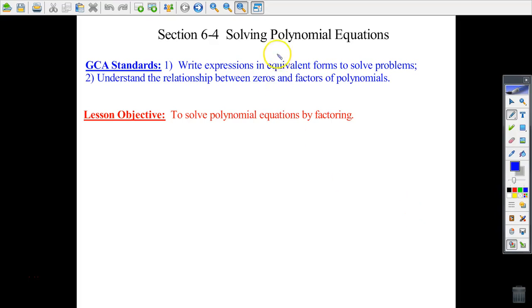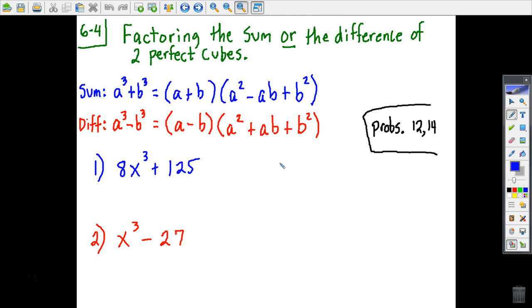In section 6.4, we are solving polynomial equations, and the polynomial equations we will be solving will be degree 3, and eventually in the second half of the lesson we'll talk about solving degree 4. These cubic polynomial equations are considered to be a special case. We're going to be solving equations, degree 3, that represent either the sum or the difference of two perfect cube